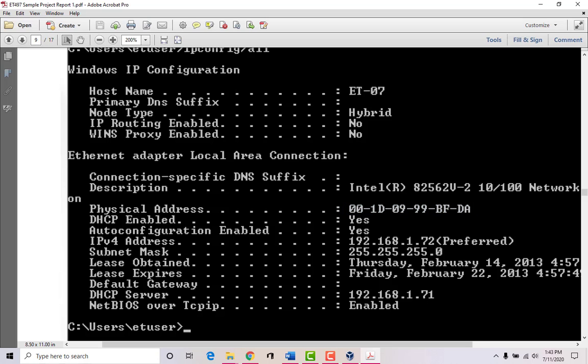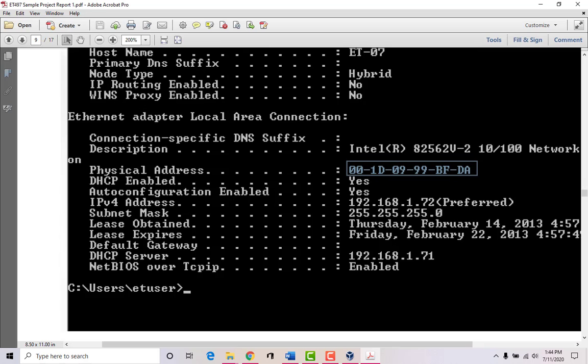However, like anything else, there are tools out there that you can use to spoof, or pretend, that your computer has a particular MAC address on the network card. So even though this is unique and is embedded in the network card, there are software-based tools that you can use to trick the network card into thinking that it has another MAC address, and you can get into secure environments. So those are different things to keep in mind.